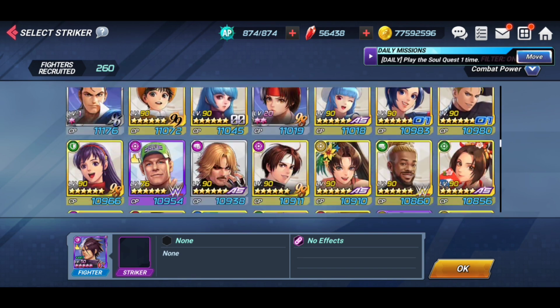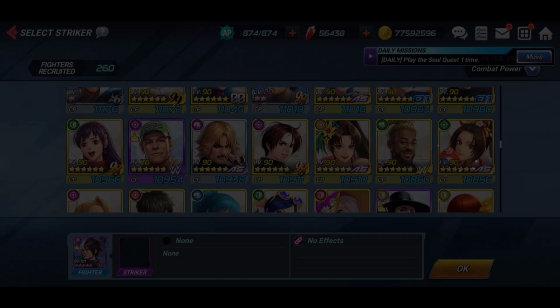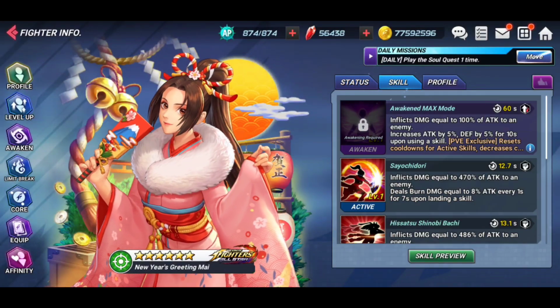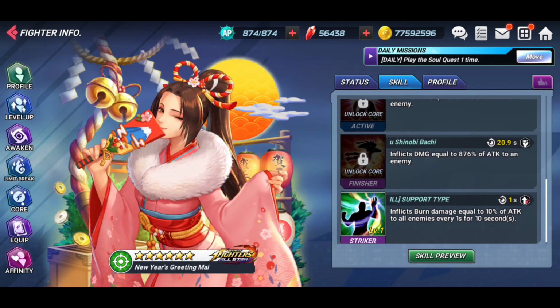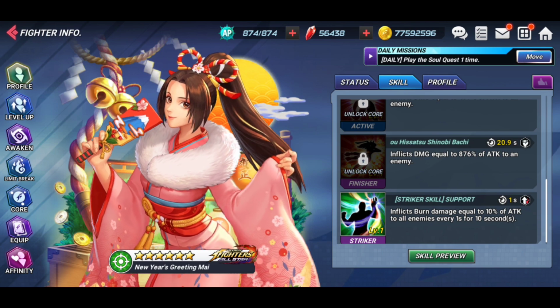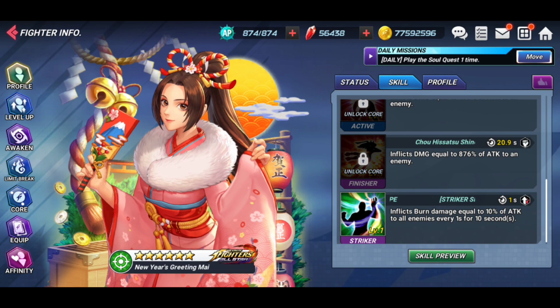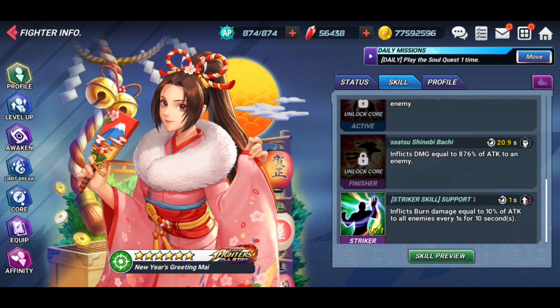Find her here real quick. She ends up being right next to another Mai that I have, and it always throws me off. But I believe it is this one here. So, inflicts burn damage equal to 10% of attack to all enemies every 1 second for 10 seconds. So she has an extra second on there, a little bit less damage. But still, all we're looking for is application of the burn, and that is going to help us out a